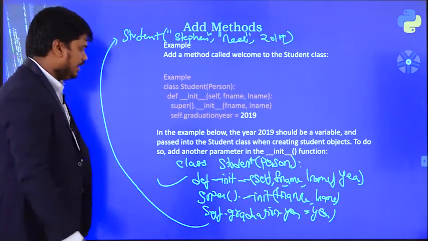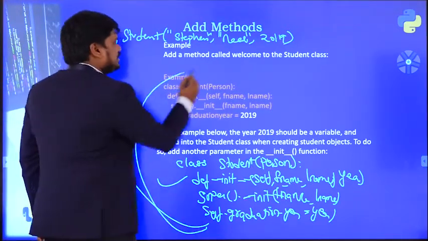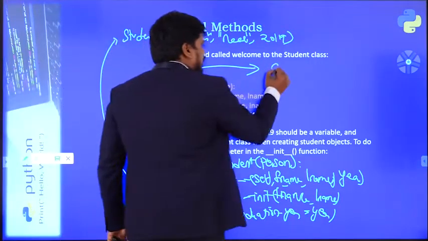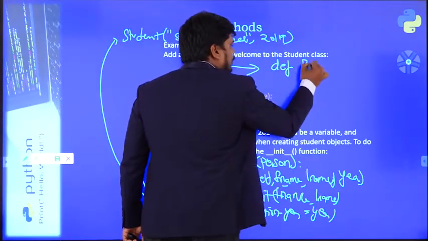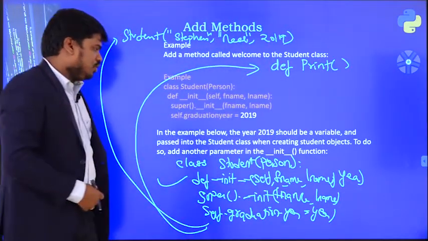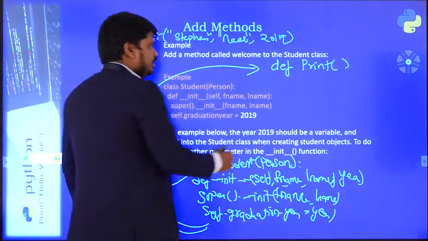So in order to print the values, I will write one more method here, and the name of that method is def print.